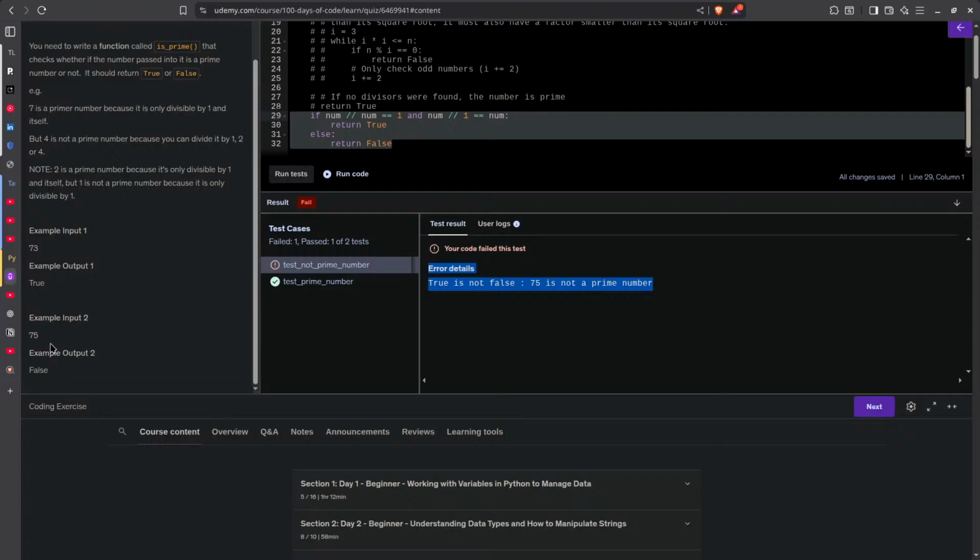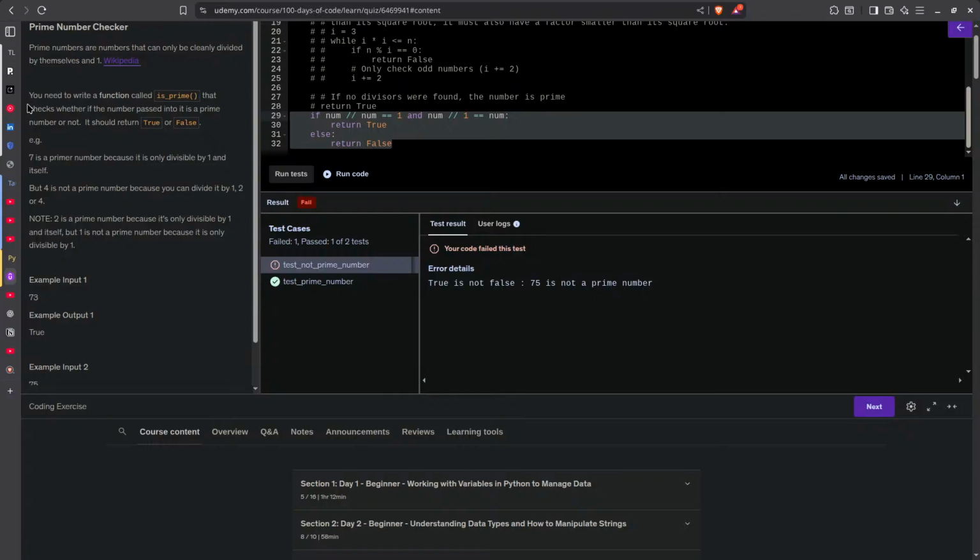Okay, interesting. What's the difference between these and these? Let me read this again. You need to write a function that checks whether the number passed into it is a prime or not. 7 is a prime number because it's only divisible by 1